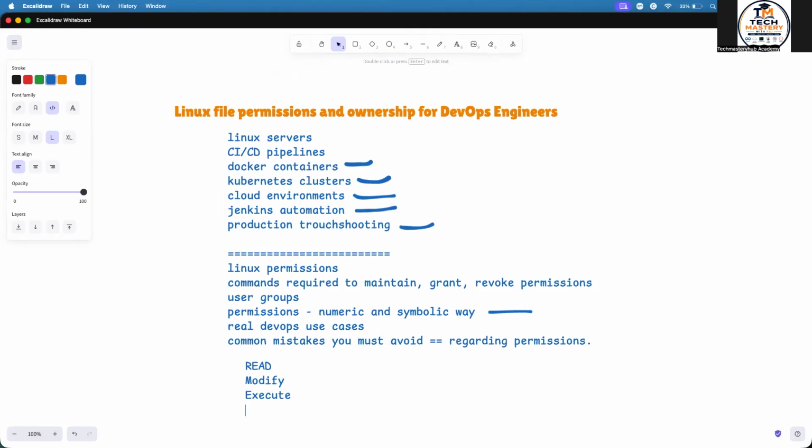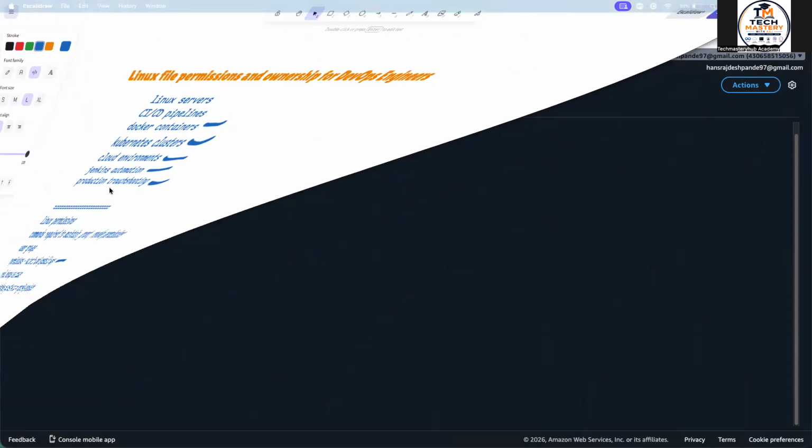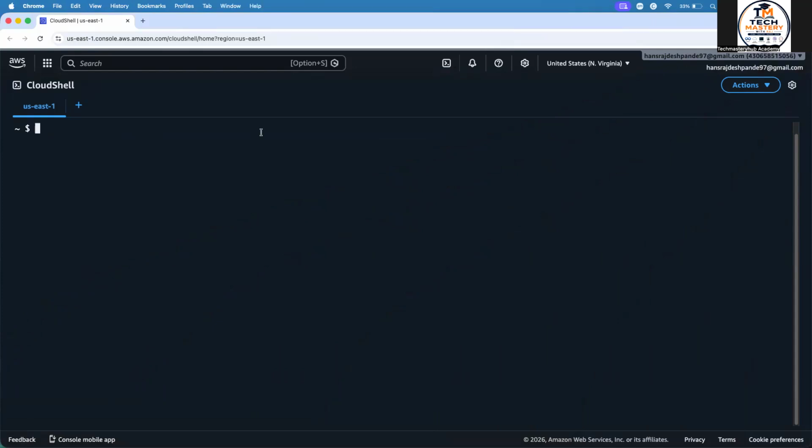So let's understand the permissions in a proper way. Let's run one command and find out. I don't have any Linux server, so what I have done is create one instance in AWS and connect to that instance. Let's see where I am currently. This is the command we saw in our previous video, pwd, print working directory. So this is our working directory. Currently we are in